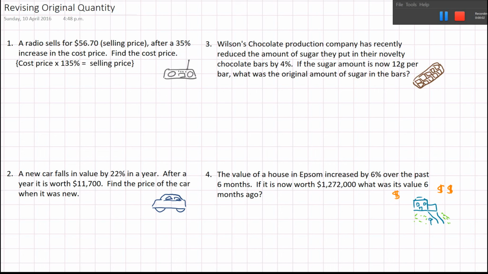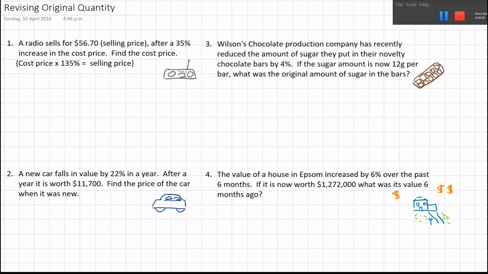Hi there. These problems are looking at finding the original quantity given the present price or the present value after there's been some sort of percentage increase or decrease. For these types of problems, it's really good if you extract from the word problem a mathematical statement detailing what the situation is about. So if you look at number 1 here, we've got a radio that sells for